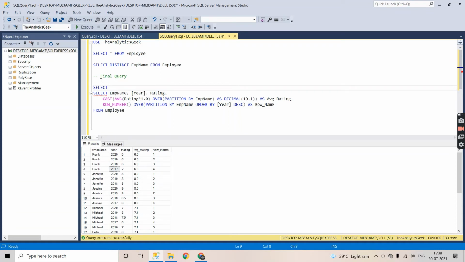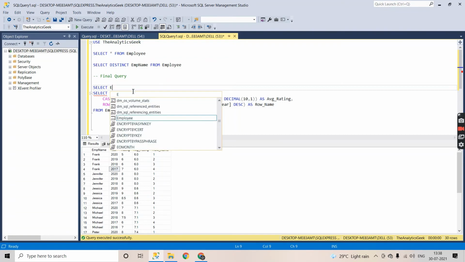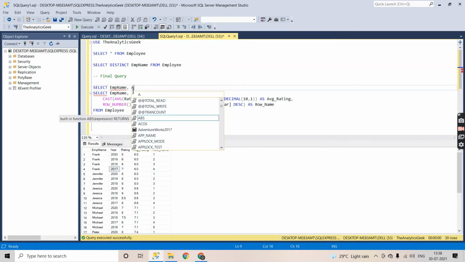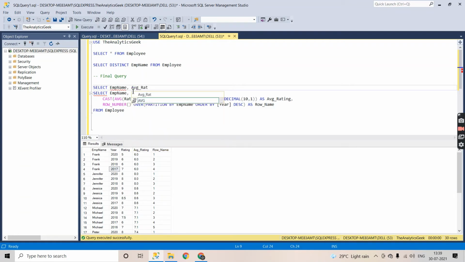As per our final output requirement, we need the employee name, the average rating, and then the second latest rating. For the second latest rating, let me take rating for now. The logic behind it will be cleared in a couple of minutes.